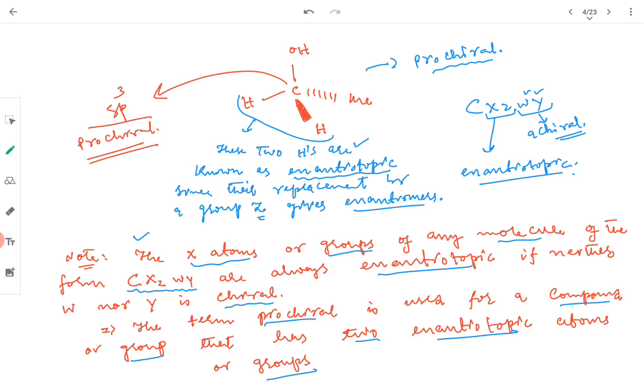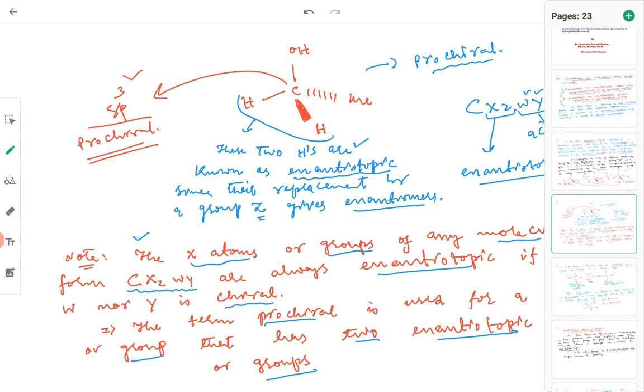So an sp3 hybridized carbon can have prochiral atoms or prochiral groups. It cannot have prochiral faces, right? That's why we gave it this heading, sp3 hybridized prochiral center. Now we move to another topic, which is